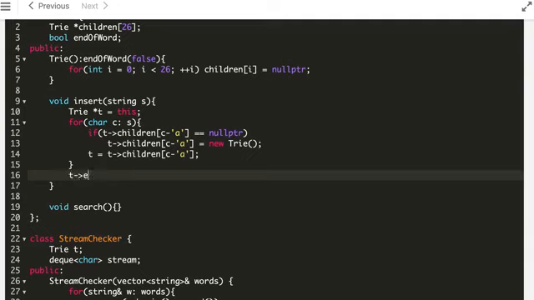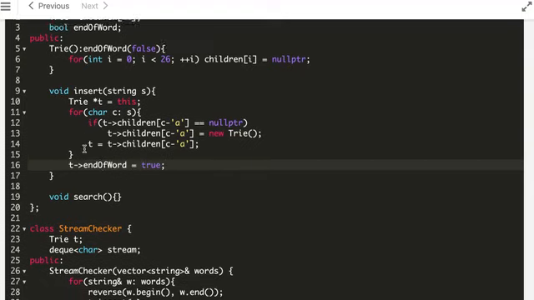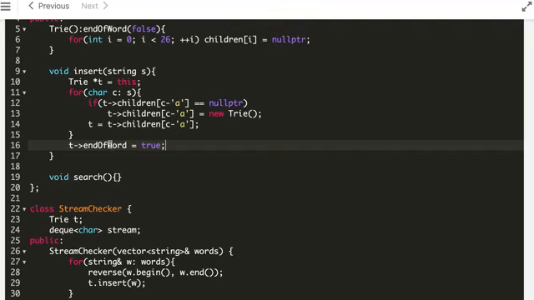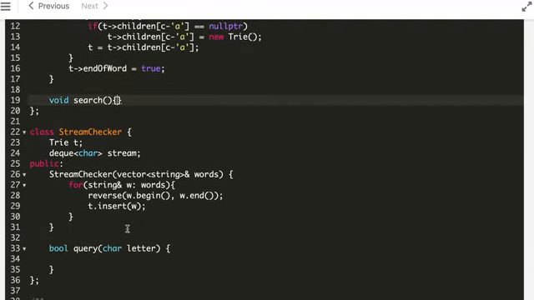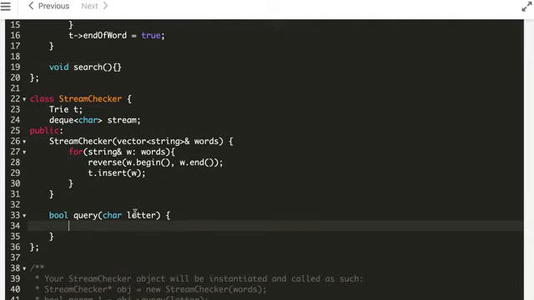So for that, end of word is equal to true. So this is a standard try insert implementation. So we have inserted everything, so this part is done. Next is the query. So for query, what we will do, we will stream dot push front,